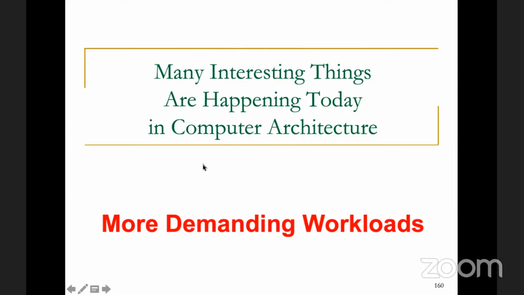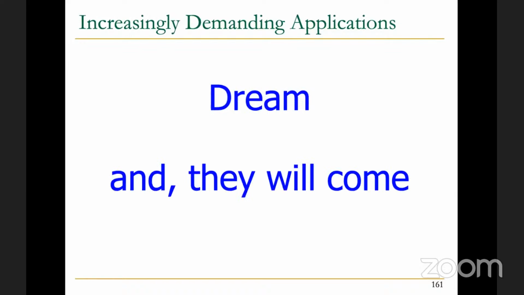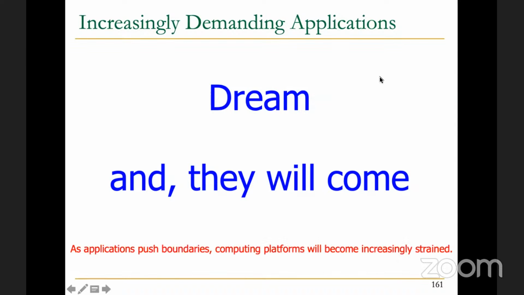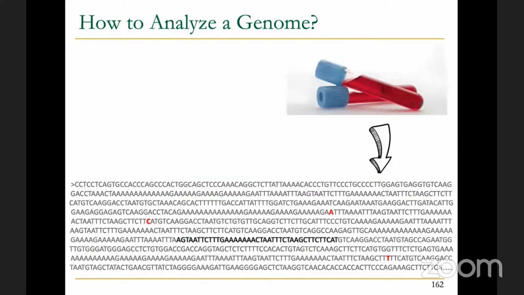Okay, so I will have about 40 slides, but hopefully I will finish in about 10 minutes or so. As you can see from the slides that Juan presented, there are more demanding workloads and more to come. We may think they are still doing okay, but we still need to build customized and specialized hardware architectures, especially for important problems that are sometimes life-threatening, such as medical applications. You need to be a dreamer. So dream and they will come. All these architectures, even if they are doing well these days, at some point will reach their boundaries, and you need to re-examine every part of the architecture. And one example of this is,